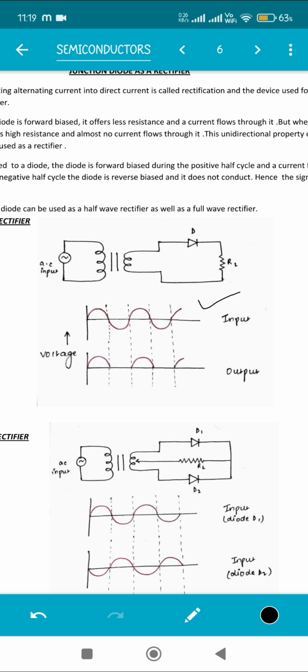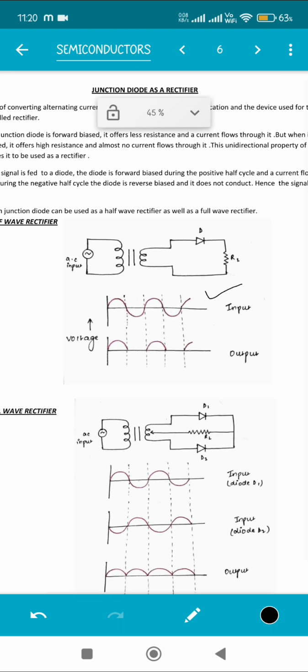First of all, you will make the diagram and the graph, and you will write that in case of a half wave rectifier, a single diode is used. During the positive half cycle, the diode will conduct, and hence in the output the upper peaks will be shown. But in the reverse bias condition, since the diode does not conduct, the output voltage in the reverse bias will be negligible, and hence we don't see it in the graph. This process continues, and hence you are going to get a half waveform only in the positive cycle. So this is how a PN junction diode can be used as a half wave rectifier. I guess it is clear.